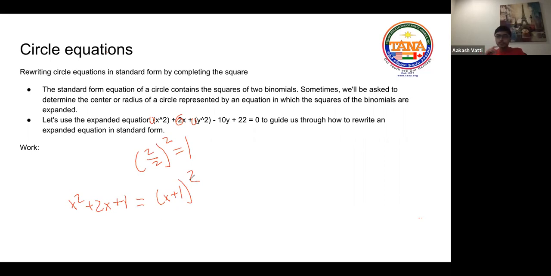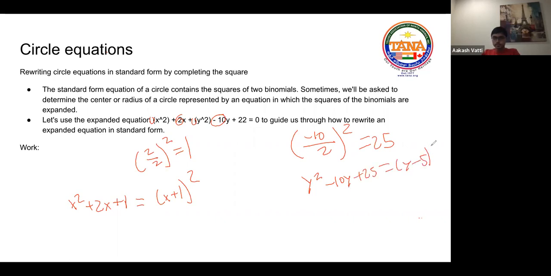And the coefficient of the y term is -10 right here. So the way you do that is you take the coefficient -10 over 2, because it has to be 1/2, squared, which equals 25. And to complete the square, y squared minus 10y plus 25 is equivalent to y minus 5 squared. And now we can rewrite the equation as x squared plus 2x plus 1 plus y